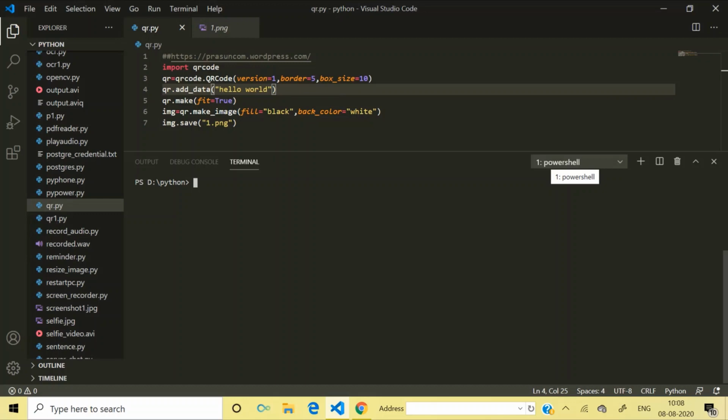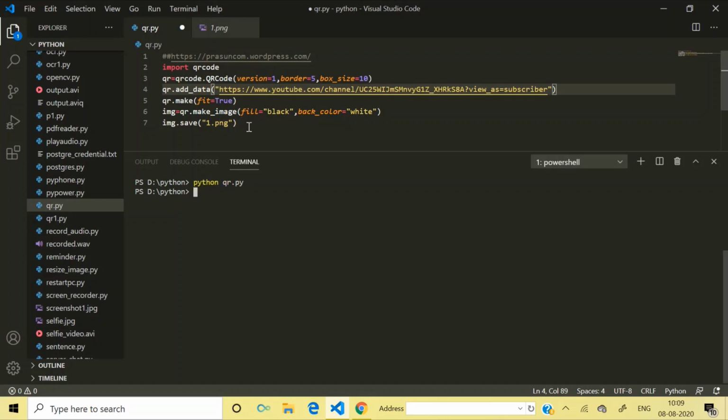Now suppose instead of displaying this Hello World text, you want to take your customer to your website. In my case, suppose I want my customer to visit my YouTube channel through this QR code. So I will simply paste the YouTube channel link here, and I will run the same code again.